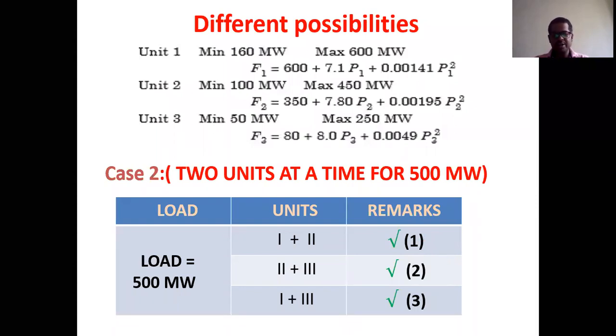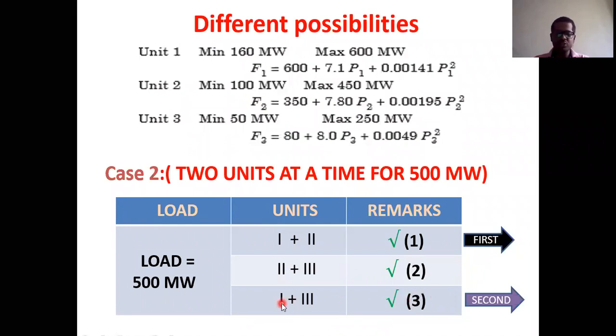Yeah, the first one is 1 and 2. Very good. Then 1 and 2 means, what combination must I use first? The first generator is having less incremental fuel cost, and at the same time the second one also has less incremental fuel cost. So that's why I must use the first combination in the first place. Then after that, yes, very good, the third combination.